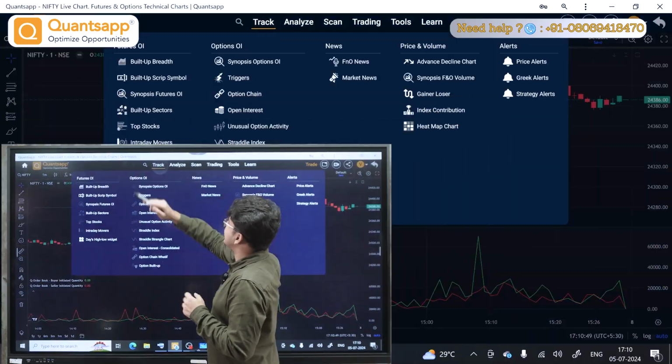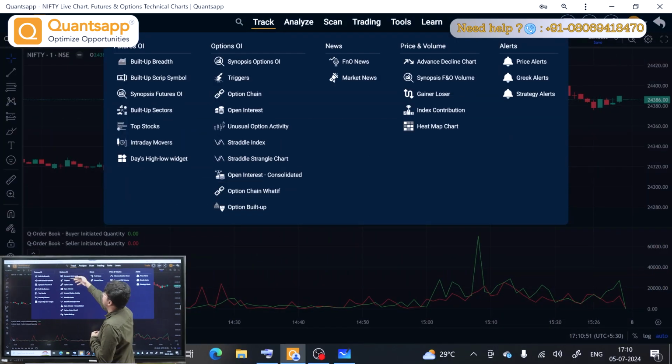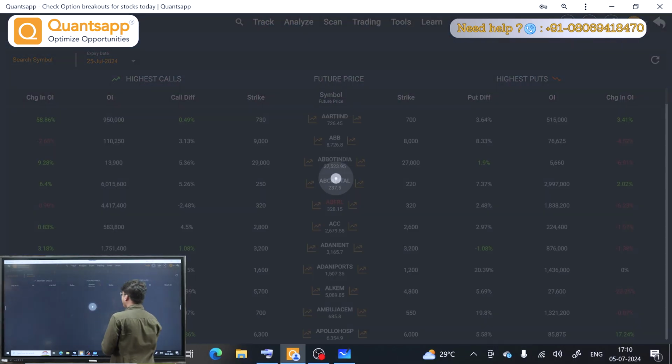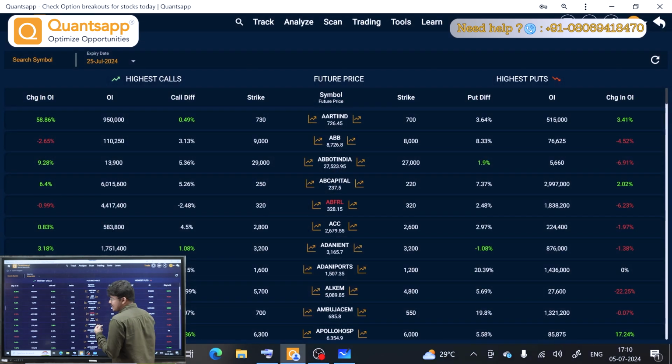Just go to the track section, and under options OI you will find triggers. As the name suggests, triggers shows you your trade initiation point. Normally when we talk about triggers, it's an initiating point of something, but in terms of trading, it's a trade initiation point. So wherever there is open interest, resistance and support, triggers will show you that in a single